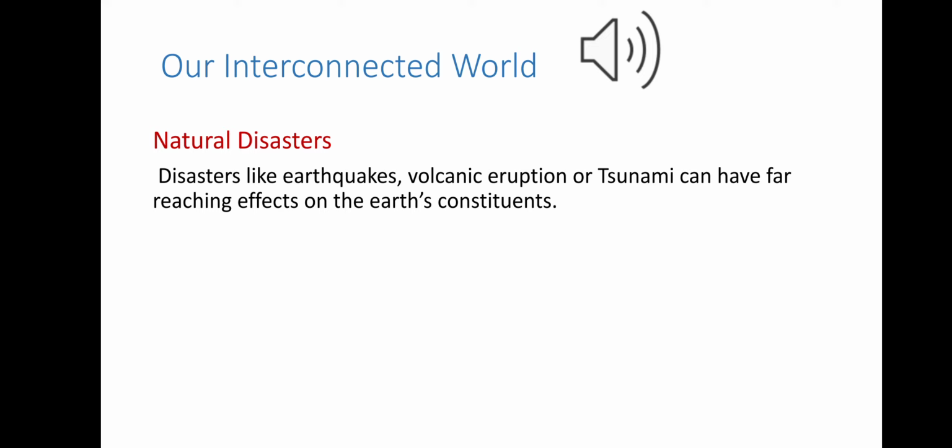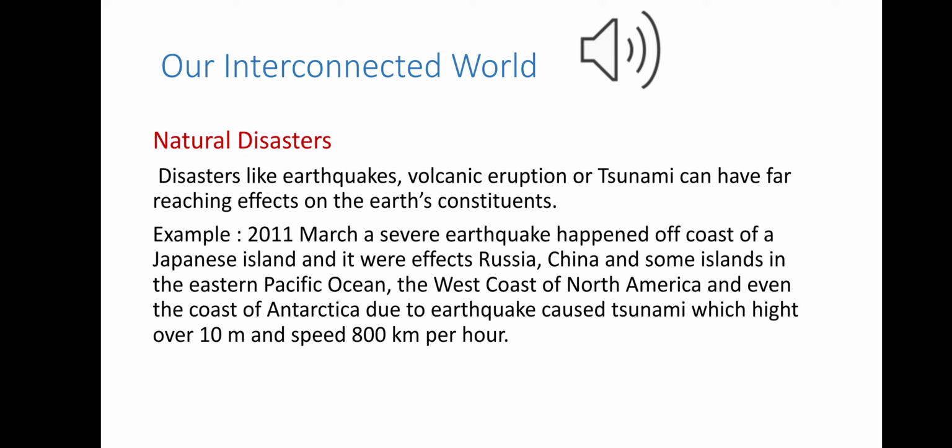For example, in March 2011, a very severe earthquake happened off the coast of the Japanese island, but it was felt in Russia and China too. It also caused a tsunami with waves over 10 meters high. The earthquake and the tsunami caused major damage in Japan, and many thousands were killed, and many thousands more were injured and left homeless.